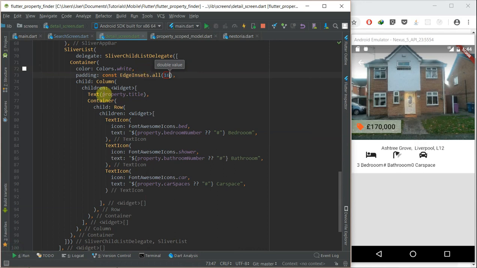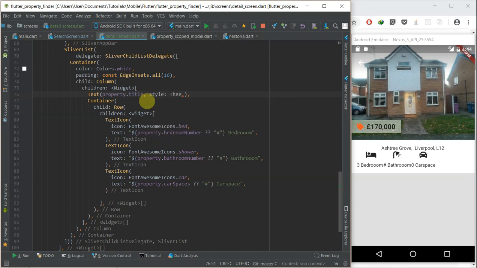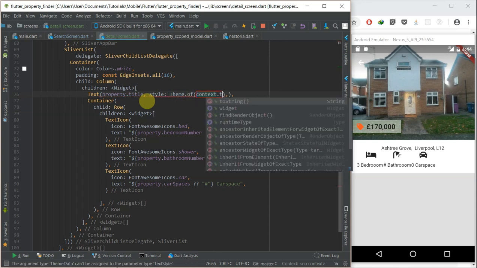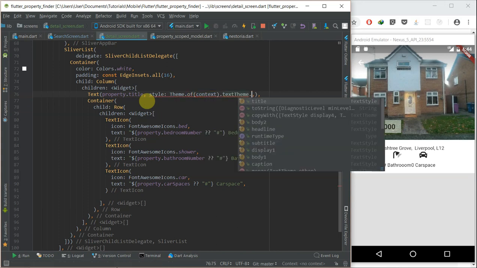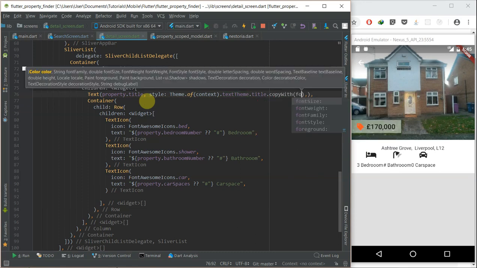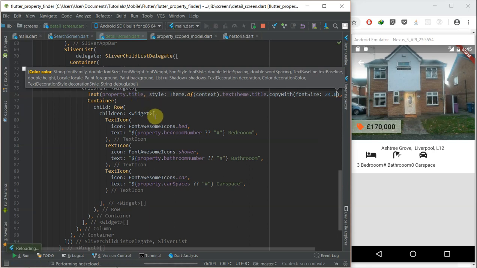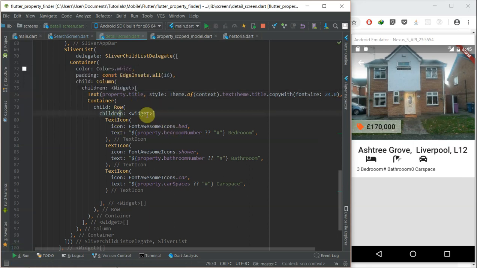Then for the title, we'd pass in style, then we'll set a custom font size of 24. Okay, cool. Then the next thing we're going to do would be